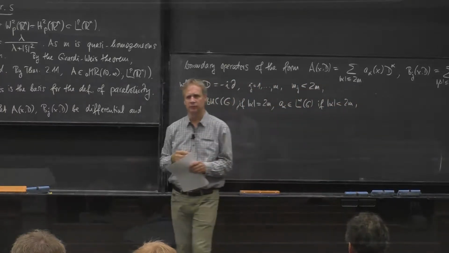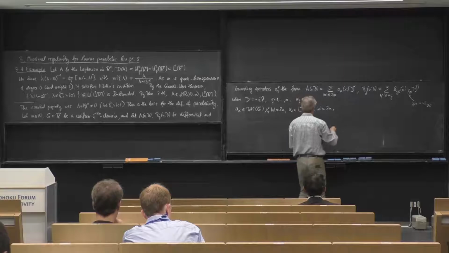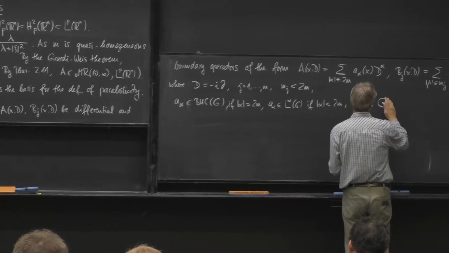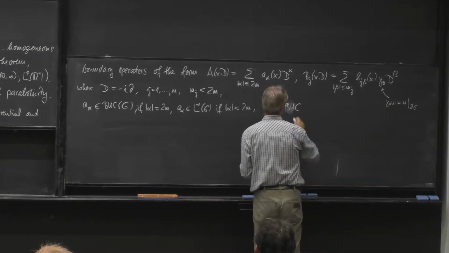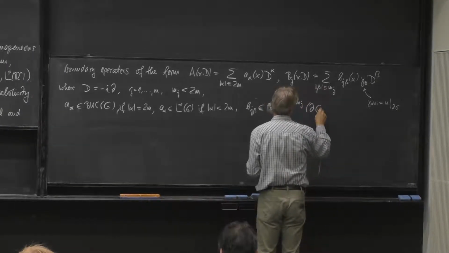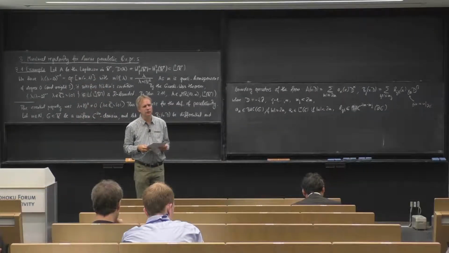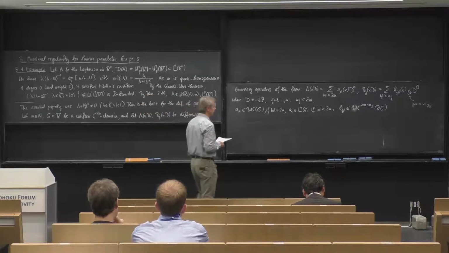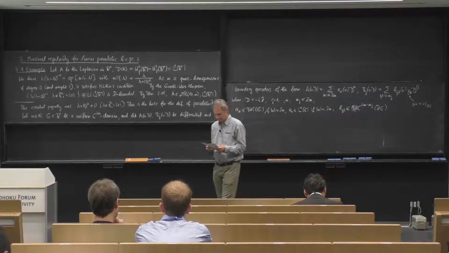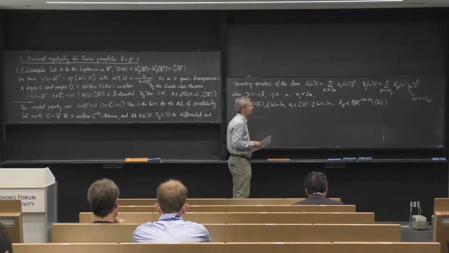And then I have to assume some smoothness on the coefficients of the boundary operators. So bj beta belong to bounded uniformly continuous of order 2m minus mj being defined on the boundary. Of course, if the boundary is compact, for instance, if I have a bounded domain or exterior domain, then this bounded uniformly can be omitted. But I really need some smoothness on the coefficients of the boundary operators.